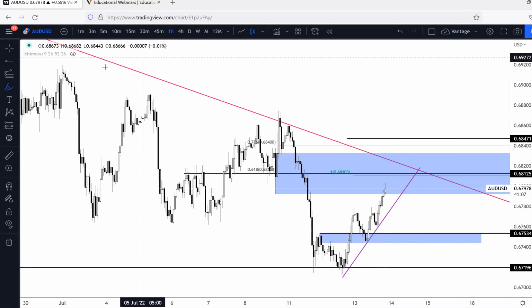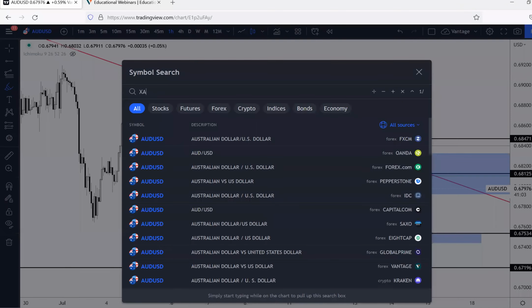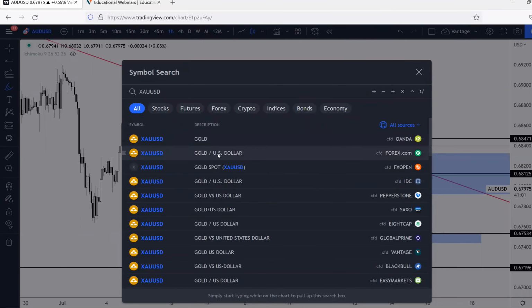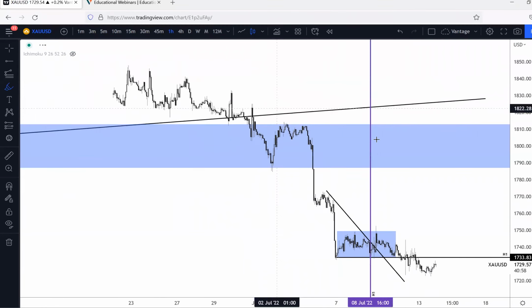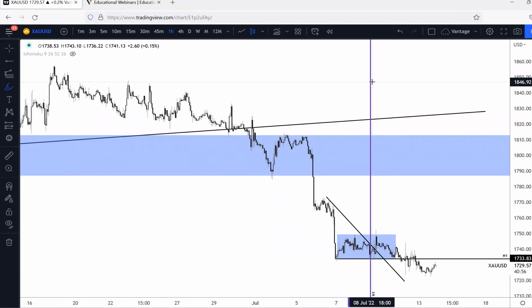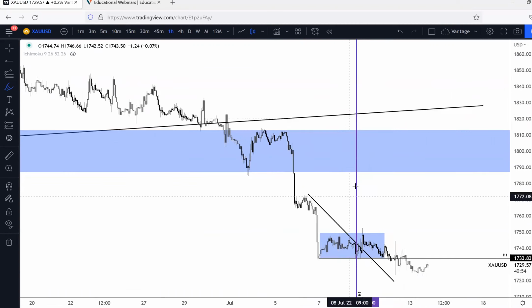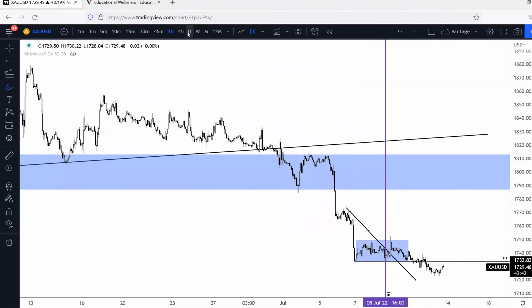Okay, and the next one I want to show you guys is on gold. So gold, we actually did an analysis on Friday as well, right? So this is what we have. Let's see gold. Again, this marker over here, the one in purple, shows us basically the analysis that was done. So this was what happened following the analysis. On Friday, when we saw gold, prices were ranging at this area. On the higher time frame on gold, you can see as well,